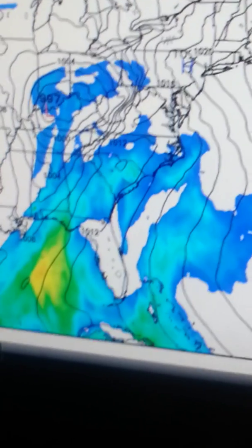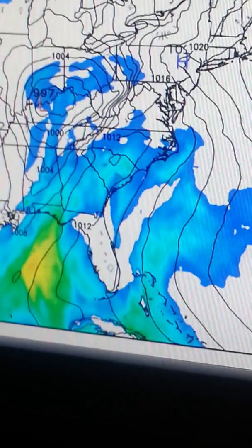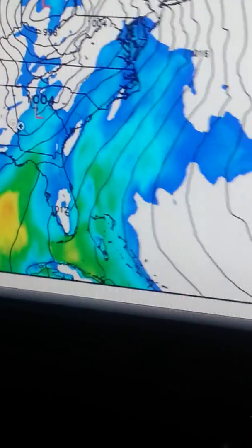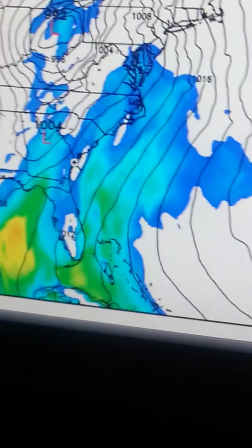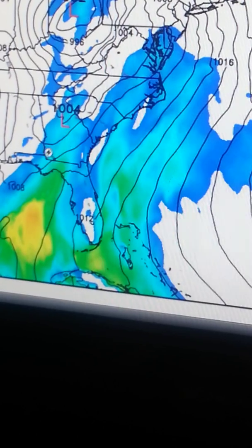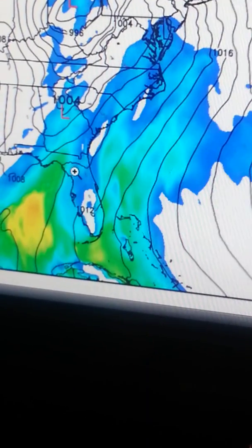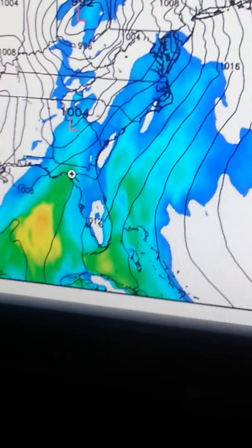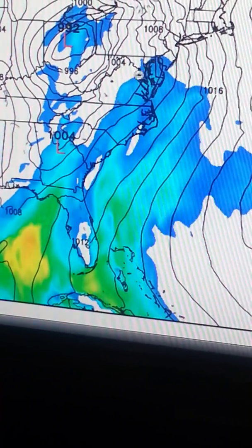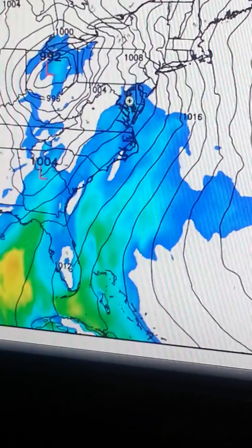And as you head into the evening, the CAPE actually tries to move farther to the north, and you actually have values of up to 1,500 over the south here. Very marginally, though, over the panhandle of Florida. Mainly they're under 1,000, but you can see the instability is starting to come up the coast, and the reason for that is...